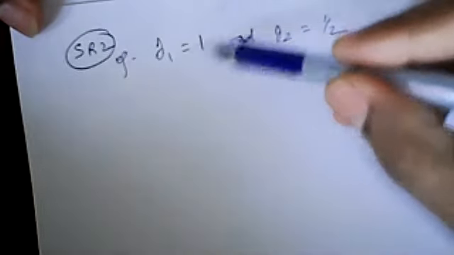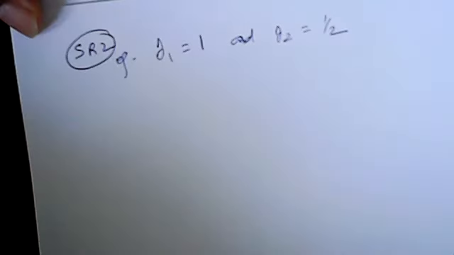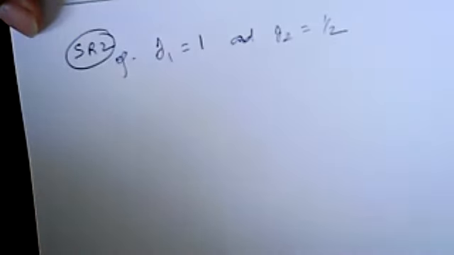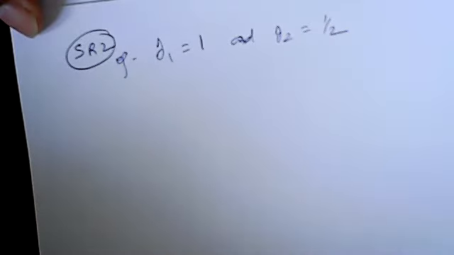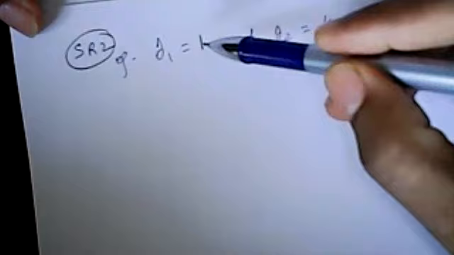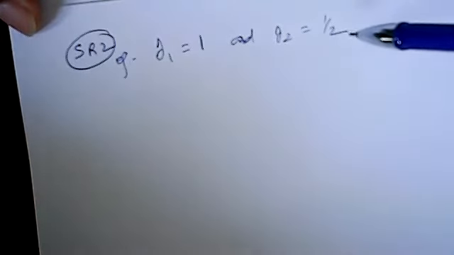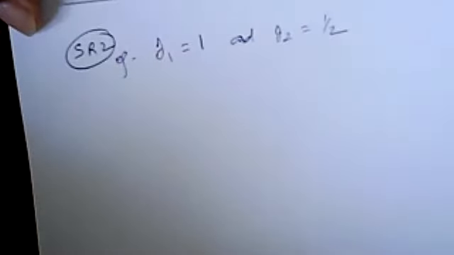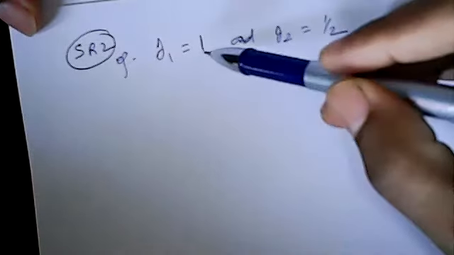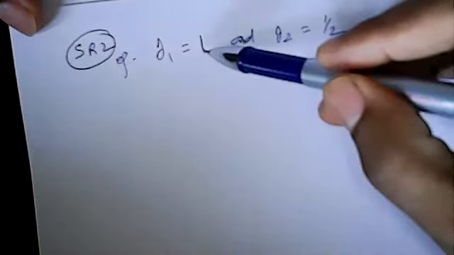What example is it? Actually, J1 equal to 1 means the orbital angular momentum is 1, that is L equal to 1. And J2 equal to half means that is a spin state. Okay, so you can consider this as LS coupling. L and S are added. L equal to 1 and S equal to half, like that.